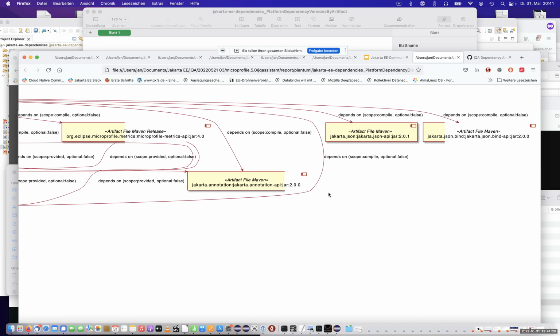For example, a use case might be not having release candidate transitive dependencies in the specification, which happened a few times in Jakarta EE.